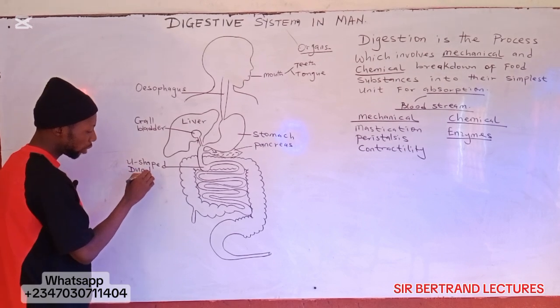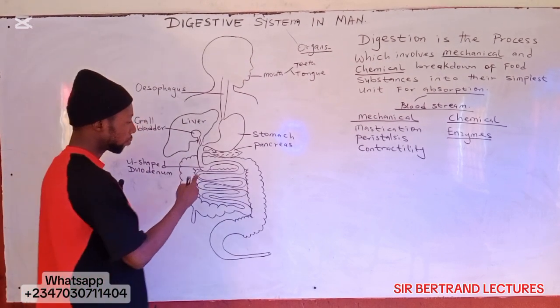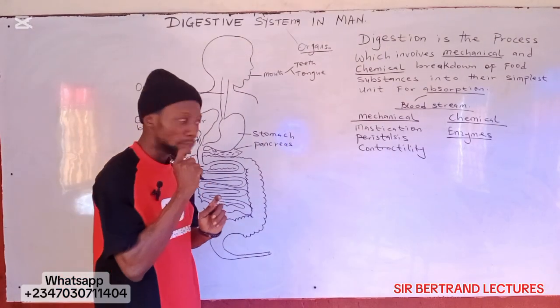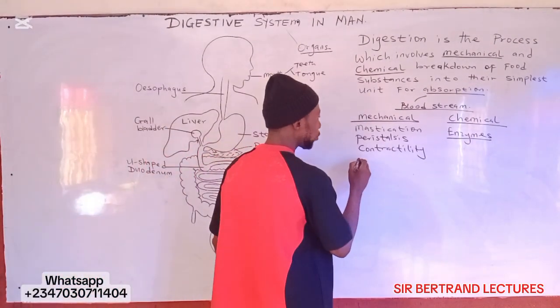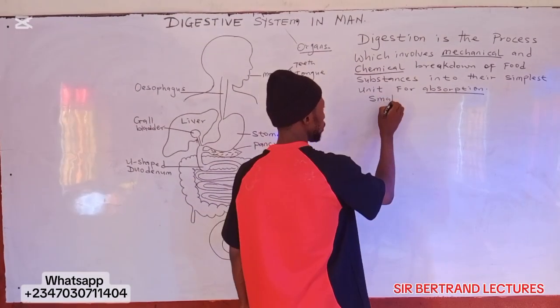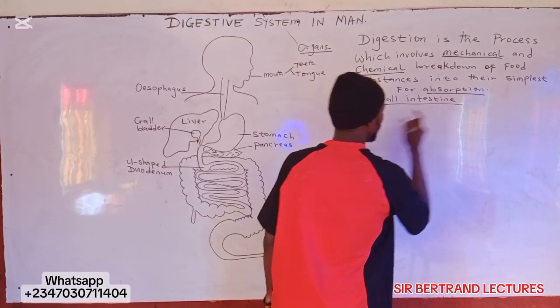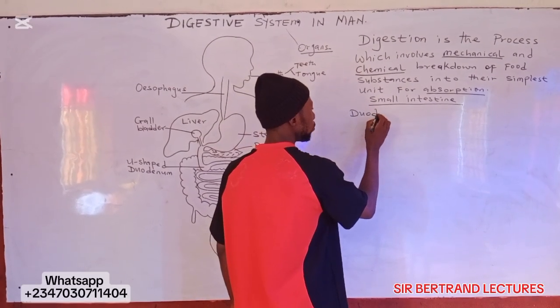The duodenum is the first part of the small intestine. Parts of the small intestine: the first part is the duodenum,